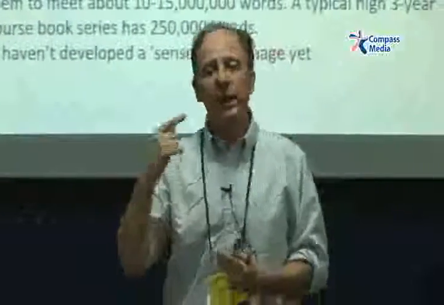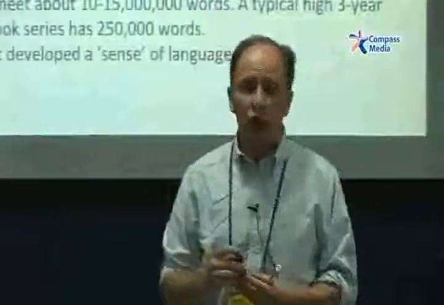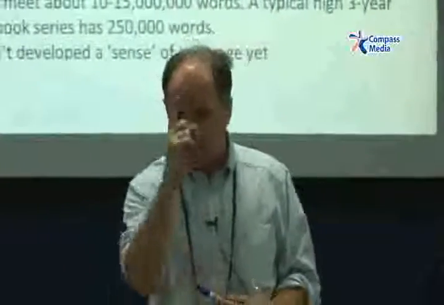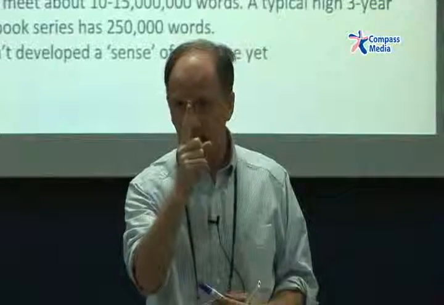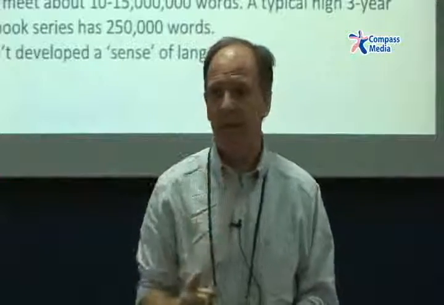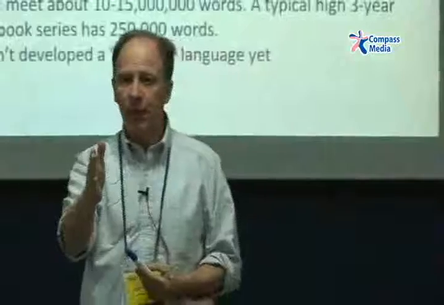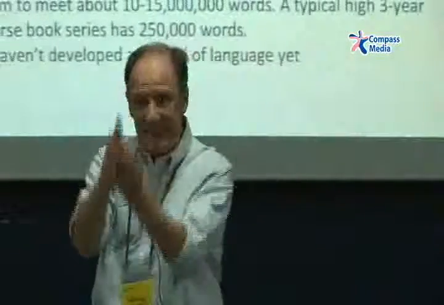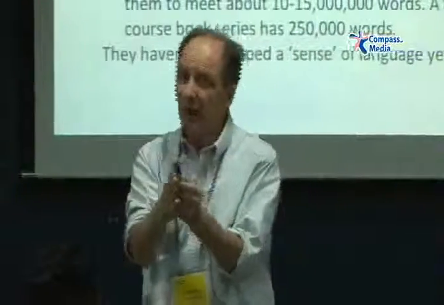If you want to meet, say, the 6,000th most frequent word in English, you have to meet somewhere around 120 to 150,000 words just to meet that 6,000th word one time. Okay? But of course, we don't learn words by meeting them one time. We have to meet them again and again and again. But if it takes 120,000 words to meet it, you have to wait another 120,000 words before it's going to come again. And another 120,000 words before it's going to come again.